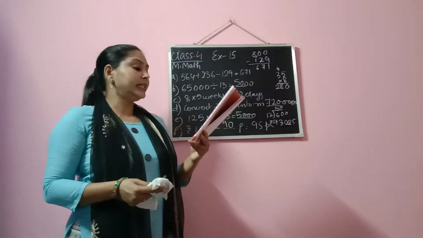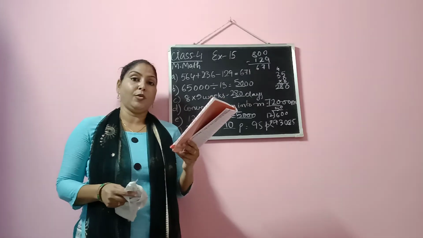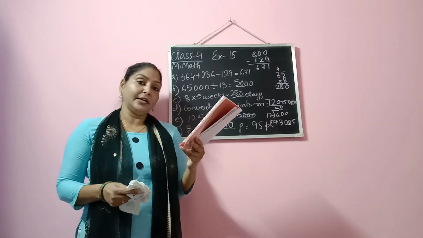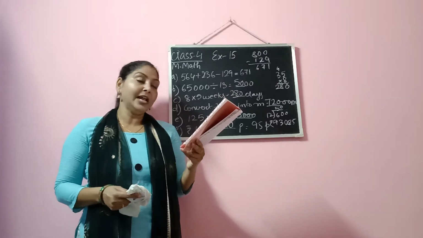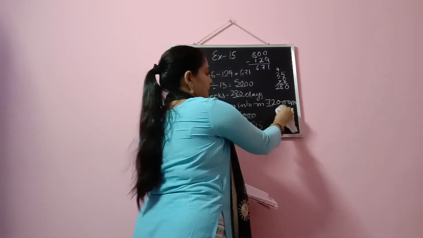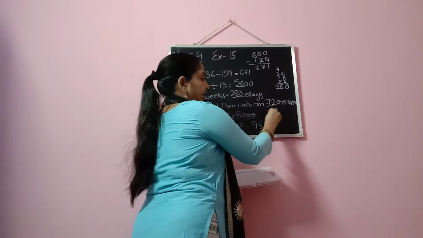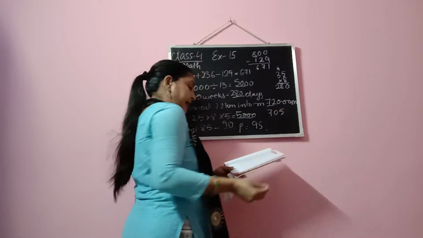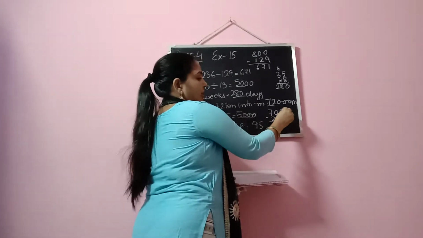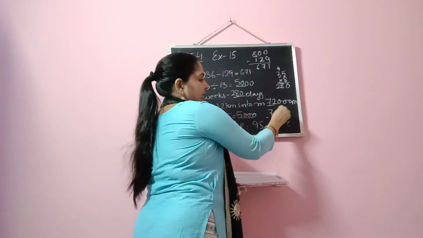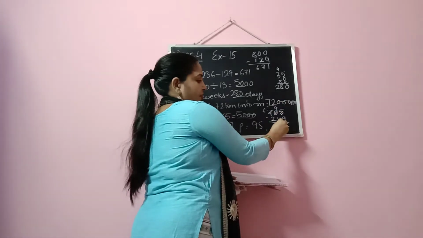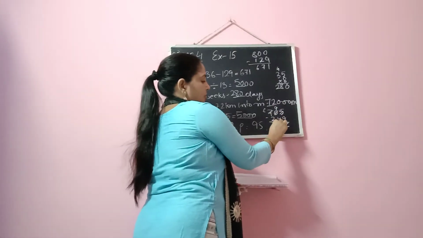So it is similar to question number F, what I have done. Here also what you are going to do, you will subtract 249 from 705. So when you do this, let us do 705, and we are subtracting 249. Okay, so it comes 15 minus 9 is 6. Here it will be 9, and here it will be 6. 9 minus 4 is 5, and 6 minus 2 is 4.